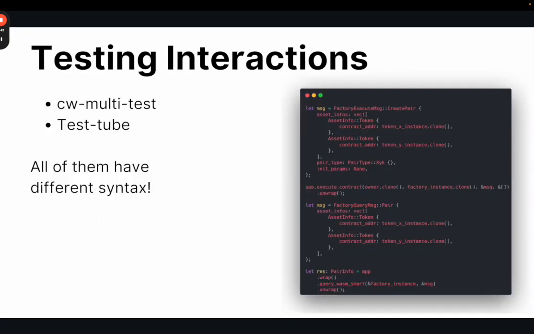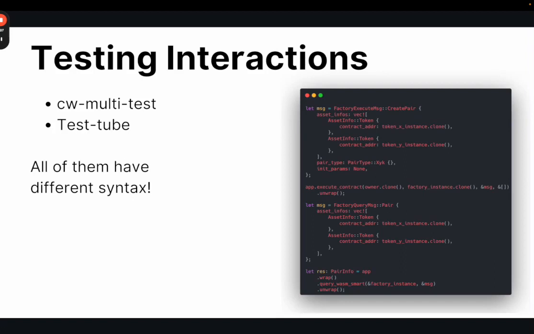So in CosmWasm, there are a few ways that we can test our contracts. Generally, you unit test using CW multitest, which is a mock environment. This mock environment essentially takes everything that would happen in the WasmD VM, and it just stubs the execution and simulates those operations. Or you can use TestTube, which actually uses the Go binary and runs some of your code against that Go binary. And something that's really difficult, as we've seen in using multiple different tools or multiple different libraries, is that